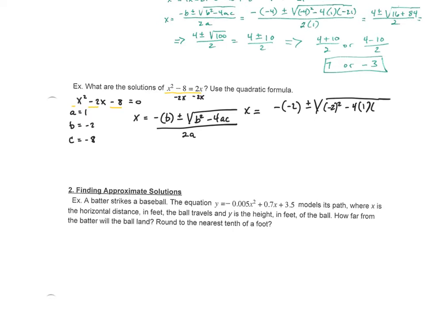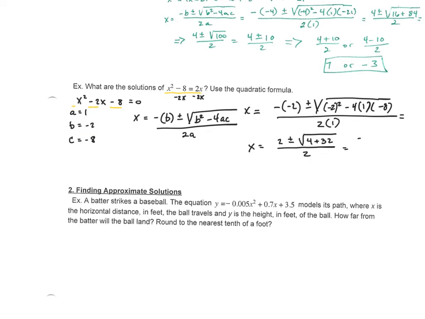And c is the value of negative 8. And all of that is going to be over 2 times 1. And again, simplifying that. Fight the urge right now. A lot of students want to put all of that into the calculator like one big giant equation, and usually they get it wrong because they put one character incorrectly. So fight that urge. So I have simplifying 2 plus or minus the square root of 4 plus 32 over